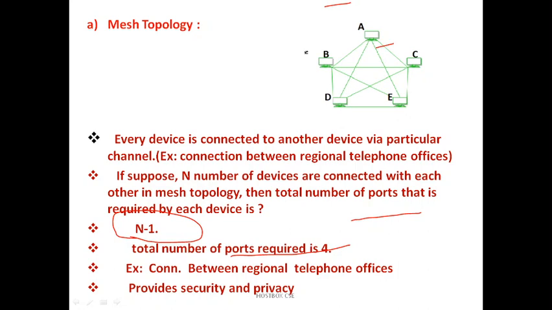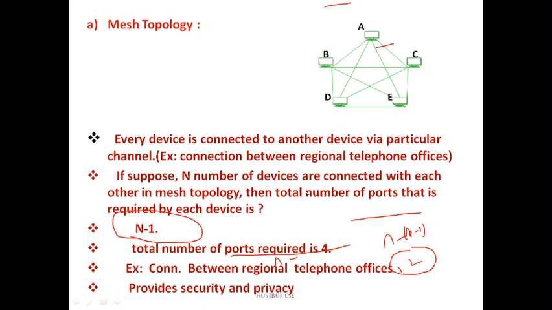We can understand this simply. Suppose you have four devices and you want to connect them in the mesh topology structure. We use the formula n into n minus 1, where 4 minus 1 is 3, so 4 into 3 is 12. Once again, to connect 4 devices we need 12 links, that is the n into n minus 1 formula.